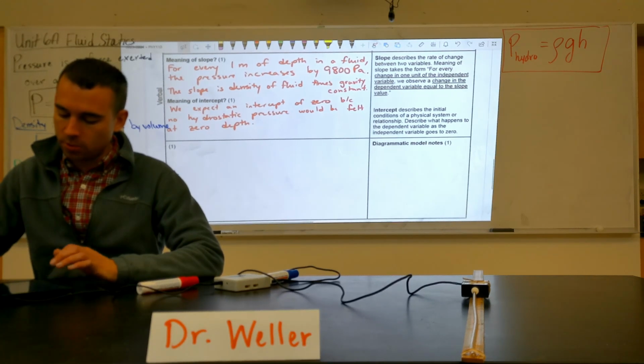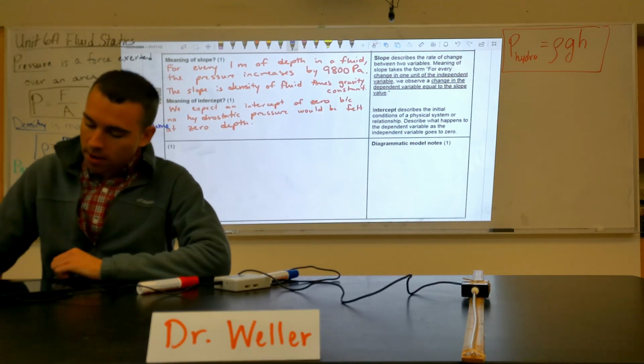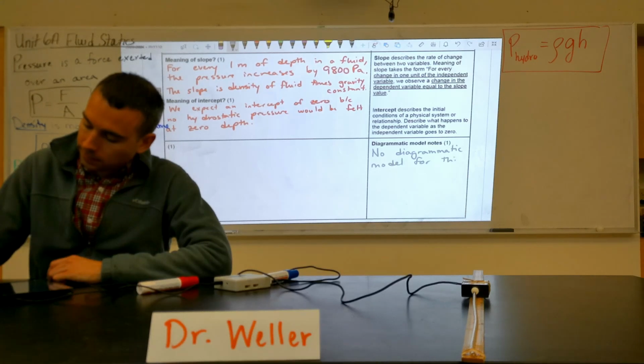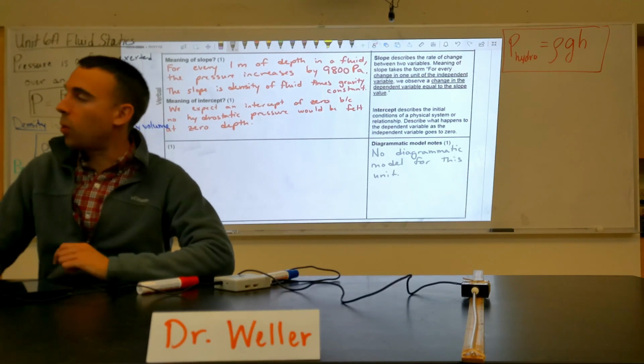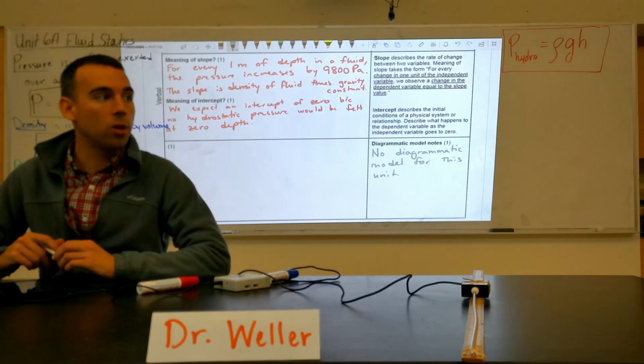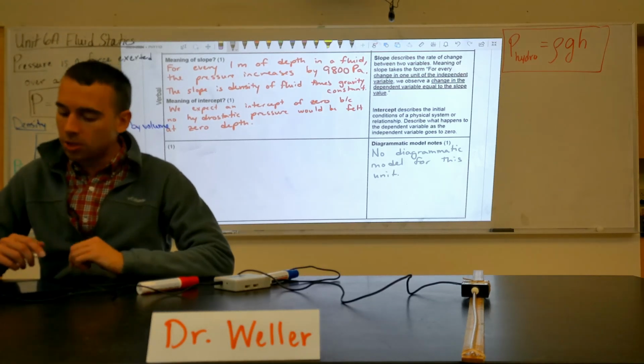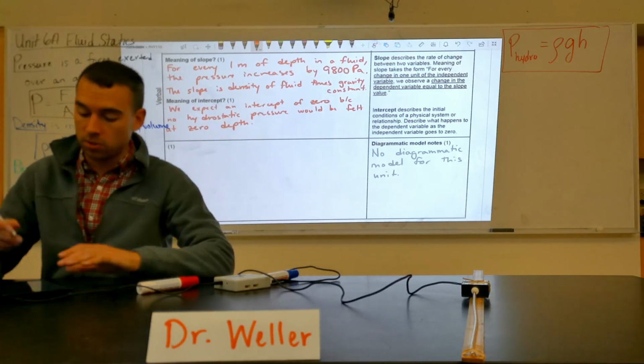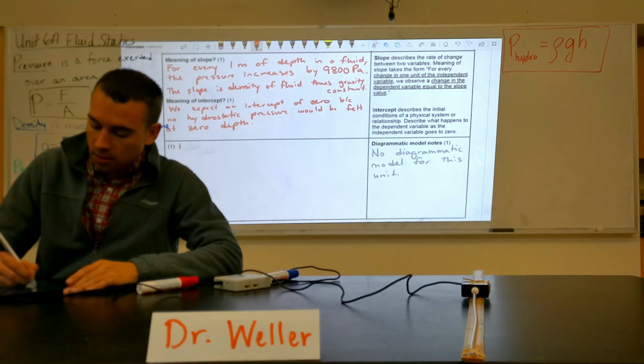Okay, I'm just going to zoom out just a bit. All right, for this last one, I would quickly like to make a note in the diagrammatic model notes saying no diagrammatic model for this unit. It's basically a skip week. There's no special diagram. We'll get a new one next week. But I do just want to say that we can still use all the previous diagrammatic models that we've used. One that might be really useful is a force diagram